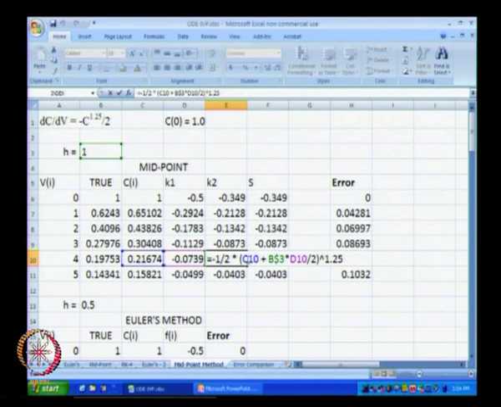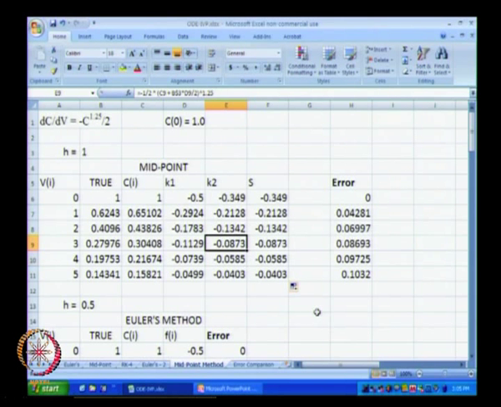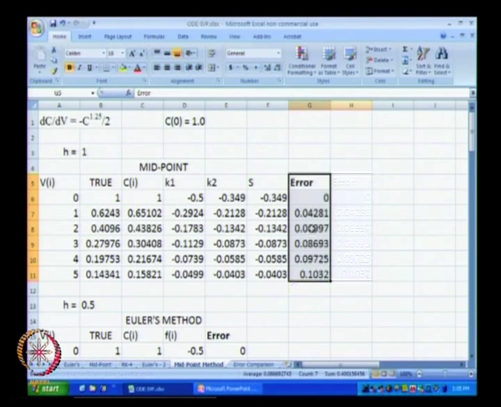So, it is minus half multiplied by Ci plus h multiplied by K1 divided by 2. This division by 2 is because we are computing it at the midpoint, and the entire thing is raised to the power 1.25. Okay. So, everything that we have over here is now assured to be correct, and we can now look at the errors, and these are the errors that we get.